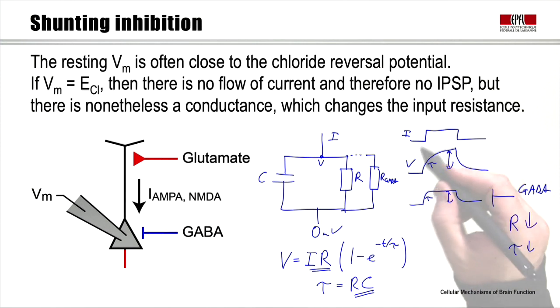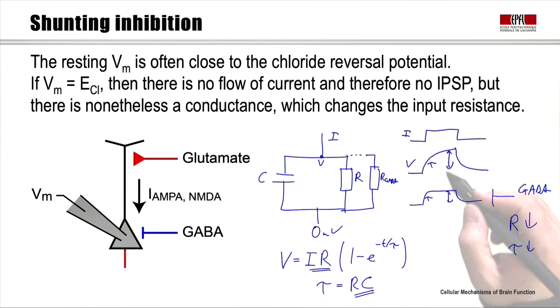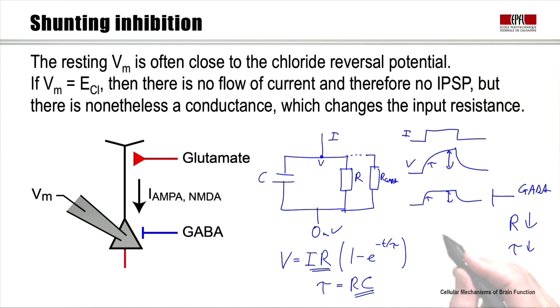inputs coming in. And so here we thought about steady state injections of currents, but we'll have the same situation if we think about glutamatergic inputs coming in, brief currents, where if we have at resting conditions an EPSP that looks like this, then we turn on the GABAergic conductance and the EPSP gets smaller and also a bit faster, because we've changed the membrane time constant and the input resistance of the cell soma. So shunting inhibition is another important form of inhibition in addition to the hyperpolarizing inhibition mediated by charge flowing through